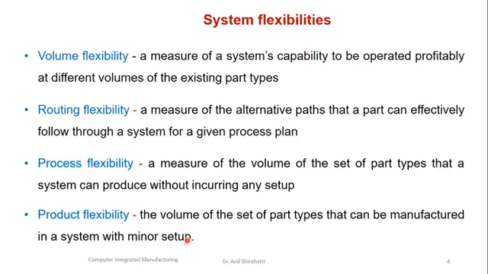So what system flexibility means is, if I want to produce only 50 parts of one product, sometimes I want to produce 500. So the profitability should be there irrespective of how many volumes you are producing. Suddenly there is a demand, you are producing 500, fine. If there is not much demand, suddenly I am producing only 50, still it should be profitable. Also, in the same product line, I should be able to produce other types of products also. For example, in a manufacturing system, in one production line I can produce Maruti 800, and the same line should be able to produce Alto with small modification.